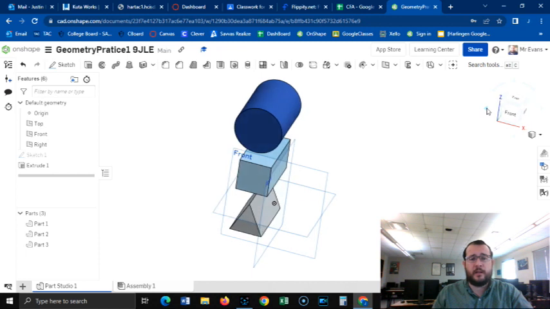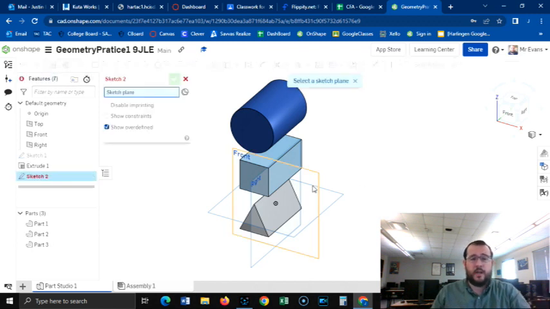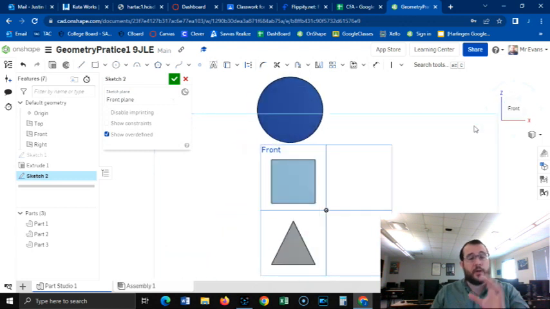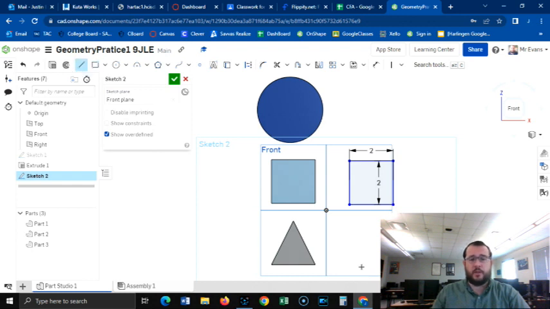Now with this, I have a volume and I have a total surface area. But I want to show you lateral surface area for comparison. So we're going to hit sketch, and we're going to hit the front view again and click from the front, and we're going to draw the exact same thing. We're going to draw a rectangle that's 2 by 2. That's 2 enter 2. We're going to draw a triangle